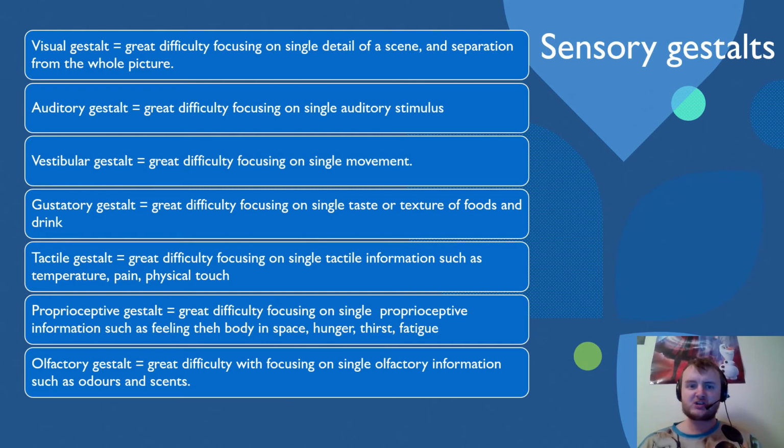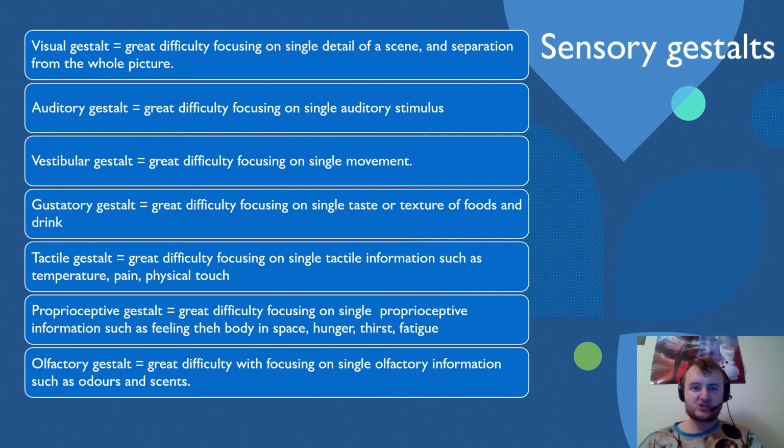If a person has a vestibular gestalt, they often have great difficulty focusing on a single movement, which can make hand-eye coordination challenging. Personally, I find it very difficult to thread a needle or tie up a bin bag to throw it into a dustbin. If an autistic person has a gustatory gestalt, there is great difficulty focusing on a single taste or texture, particularly if a food or drink has a lot of different tastes to it, such as for example chili, which includes an element of spice.